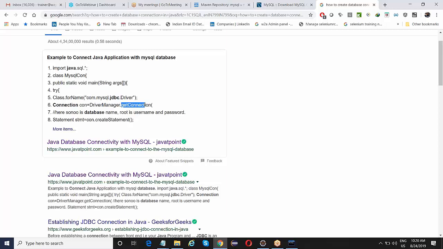When you call this getConnection method, it will ask you for the database name, the username, and the password. Database name is basically the database URL. These are the three pieces of information you need to provide, and the database connection will be established. Like if I go to this link,